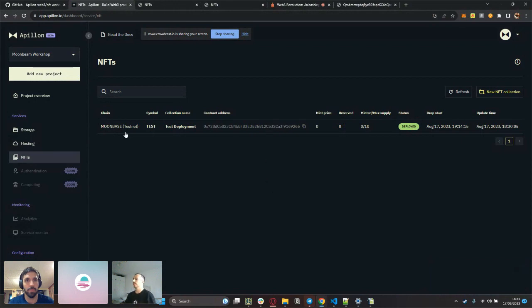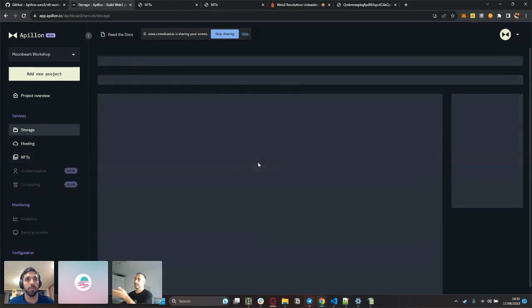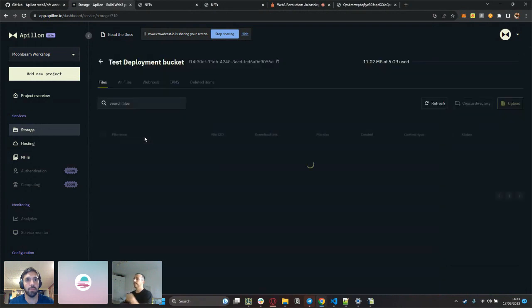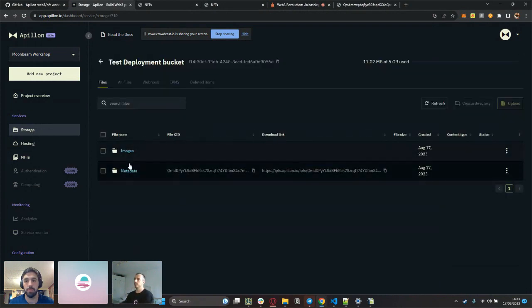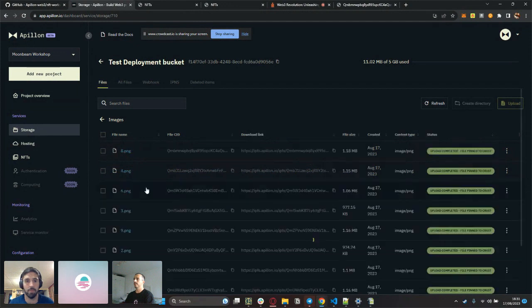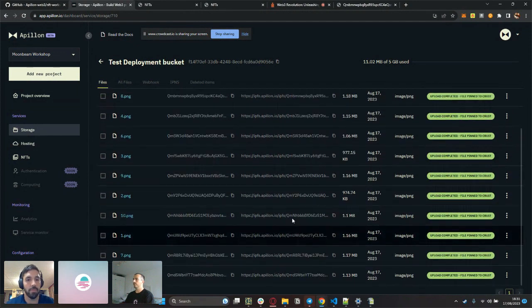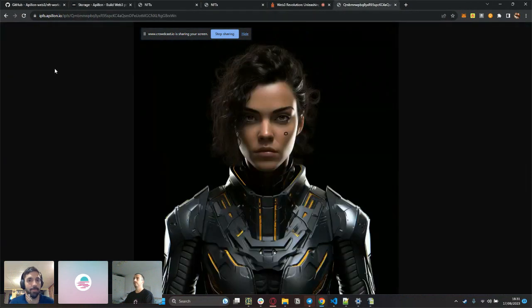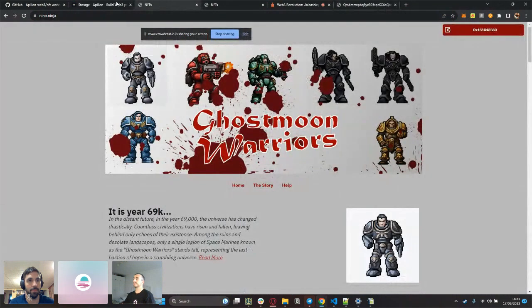But extending on what was said about the NFT metadata, as I said, this bucket was created automatically. And if we look into it, we can see there are 2 folders. One is images, and these are all the images that I uploaded. Here are, like I said, file CIDs and IPFS links. So if we look at one of those IPFS links, you can see this picture is served from IPFS, and